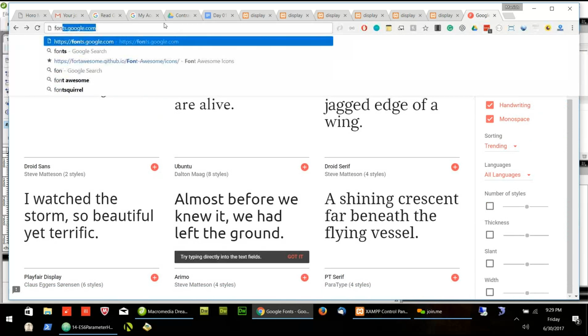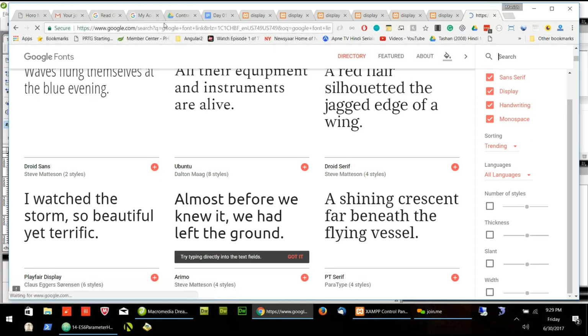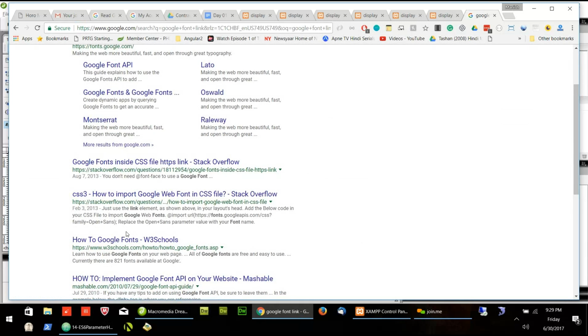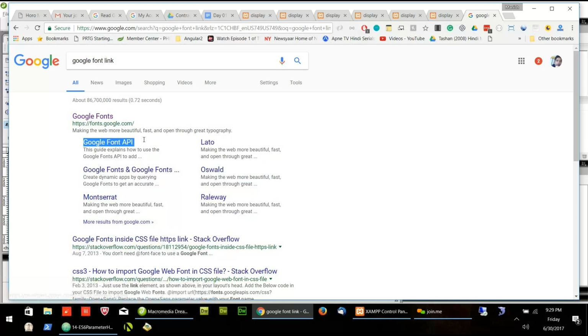Let me see where I can download. We will get a link for each font which we have to include in our page, and then our page can use that font.